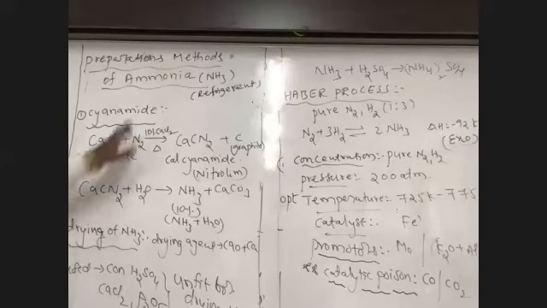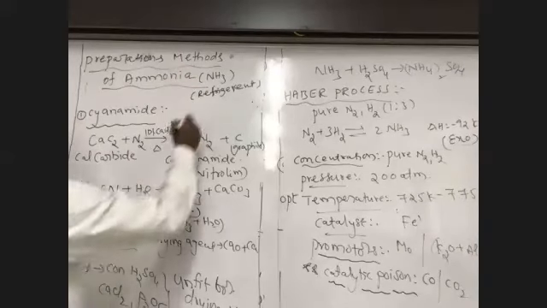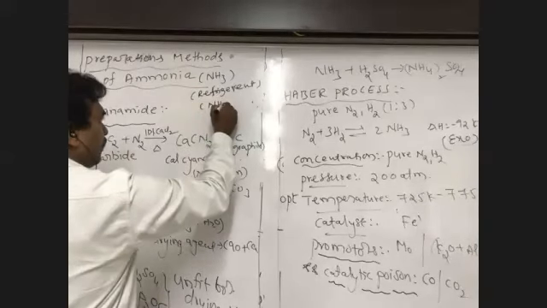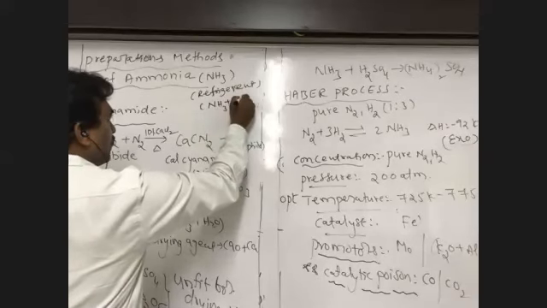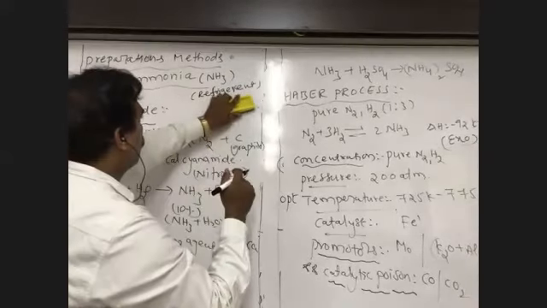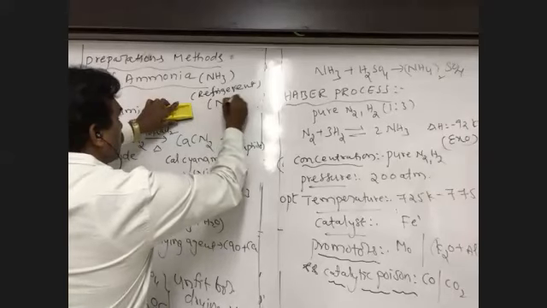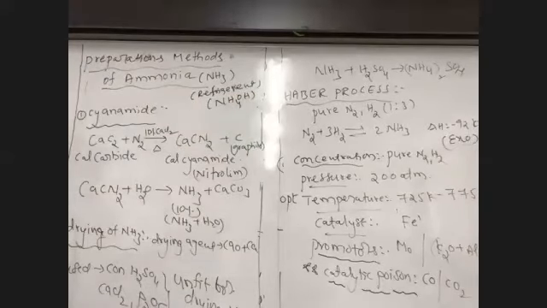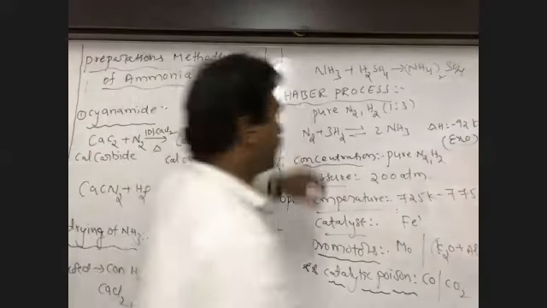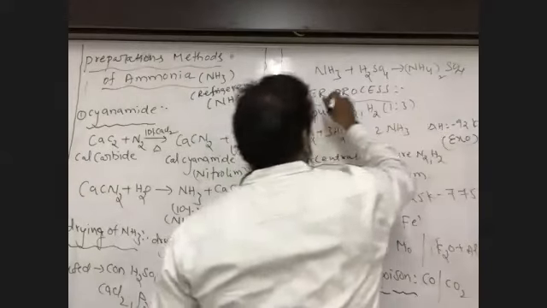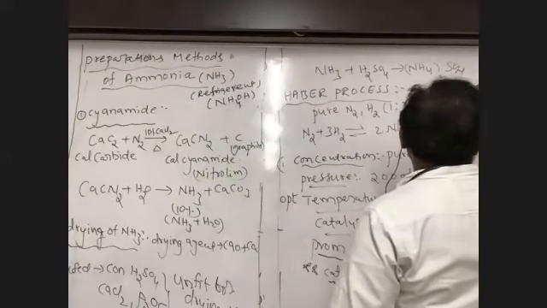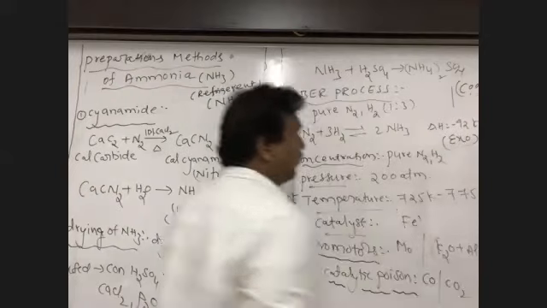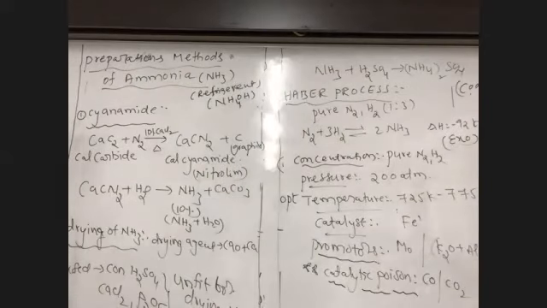Generally, ammonia is used as a refrigerant, that is, a cooling agent. Ammonia solution: NH3 plus H2O gives rise to NH4OH. Ammonia solution means we have to take the compound NH4OH. Ammonia can be prepared by two important methods: the Steinmetz process and the Haber process. Another method is also there, that is the preparation of ammonia from coal.